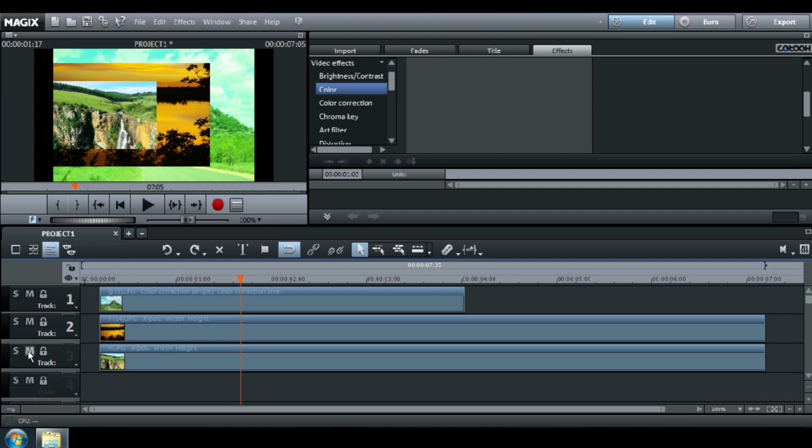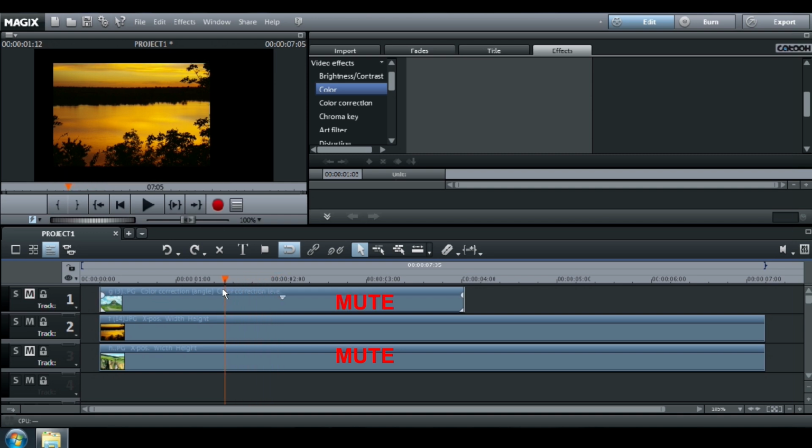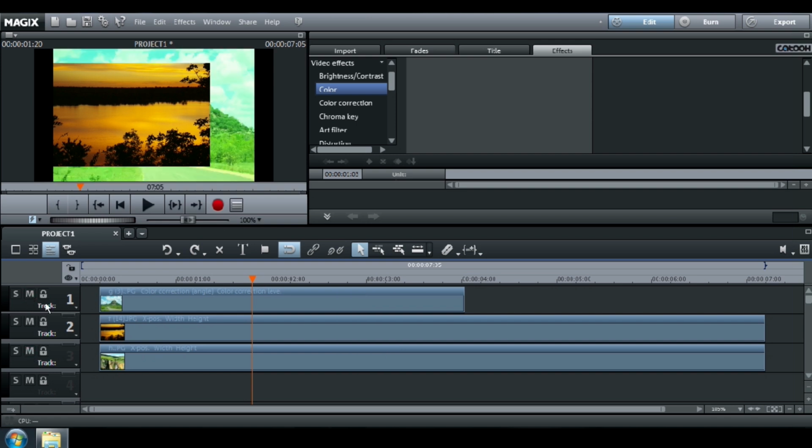Using mute, the tracks selected are not played. Using lock, you can't make any changes to the track.